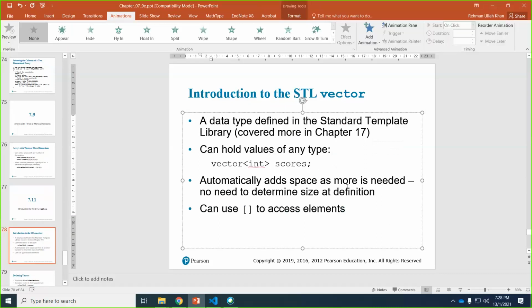So here no size has been initialized, so it automatically adds space. The difference between vector and array is that array size is fixed, and dynamically we cannot change its size. If it is 5, so it is 5. We cannot add more than 5. We cannot delete the size of an array. But here the vector is dynamic. Dynamically it can shrink and it can expand. So this is a much more flexible version of array. And you can use this square bracket to access the elements of the